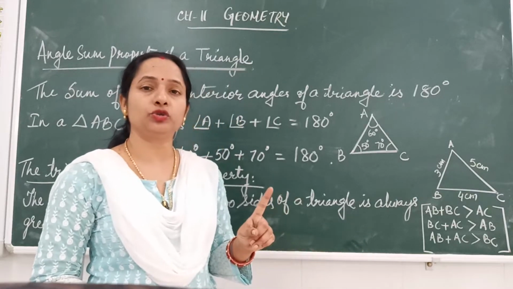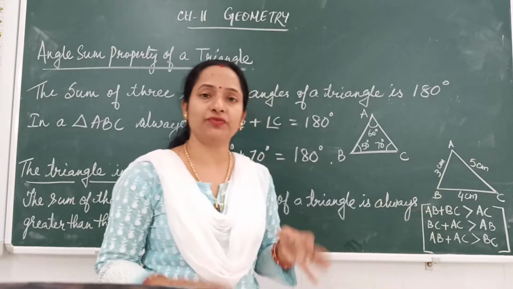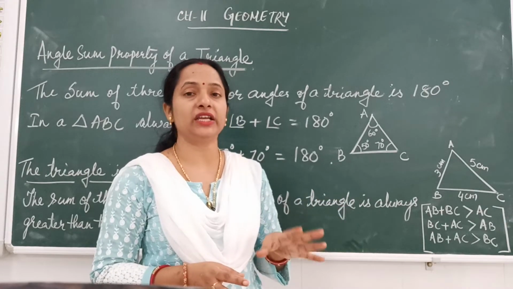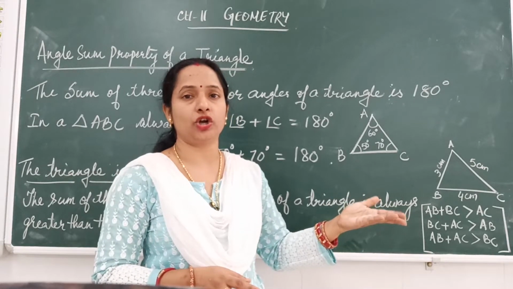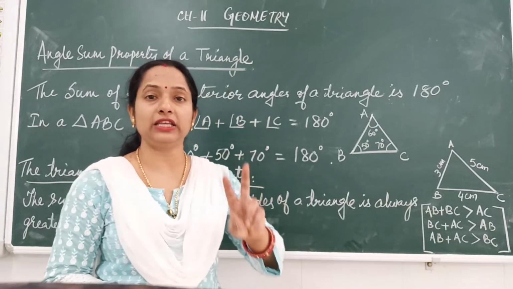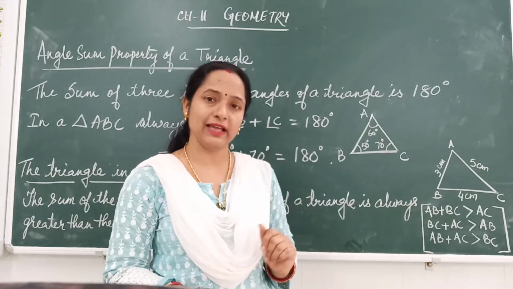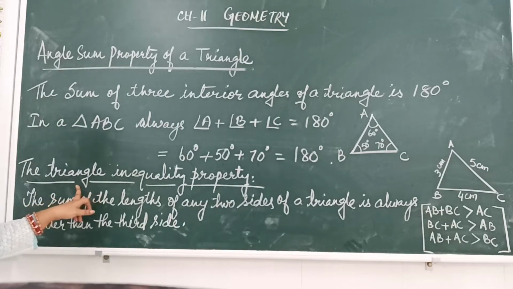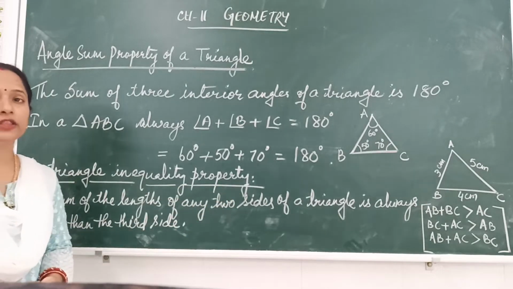For a triangle to be possible, you have to check. If the sides are given and you are asked whether the triangle is possible or not, you have to check the sum of any two sides and find out whether it is greater than the third side or not. Similarly, you have to continue for all the sides, and if in all cases you find that any two sides' sum is always more than the third side, then we can say that particular triangle is possible. Okay, so the second property of the triangle is that the sum of the lengths of any two sides of a triangle is always greater than the third side.